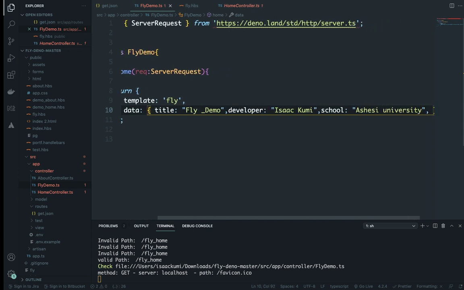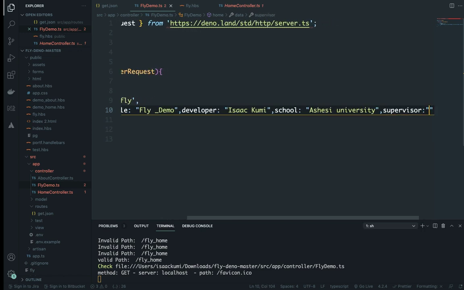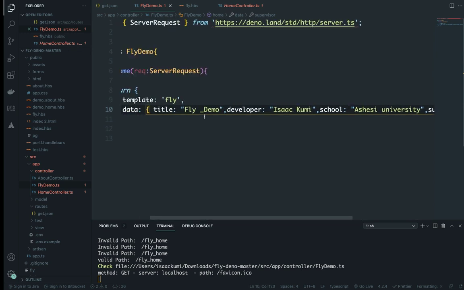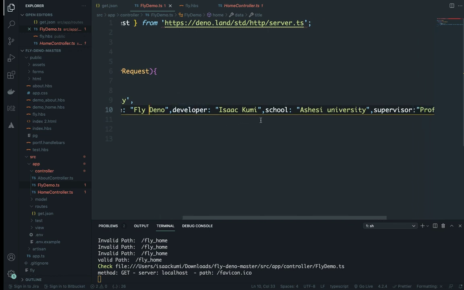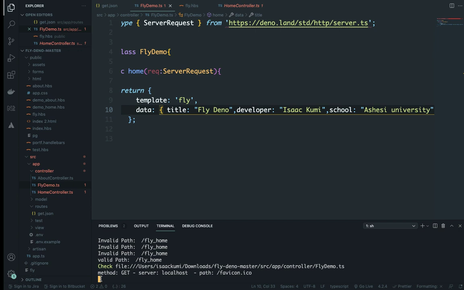Then I will do supervisor, Prof. Todd Warren. Yeah, so I have these values. Title, that's fly_demo. Let me make it Fly-deno. Yeah, developer, school, Ashesi, supervisor, Prof. Todd Warren. So I'm going to restart the server